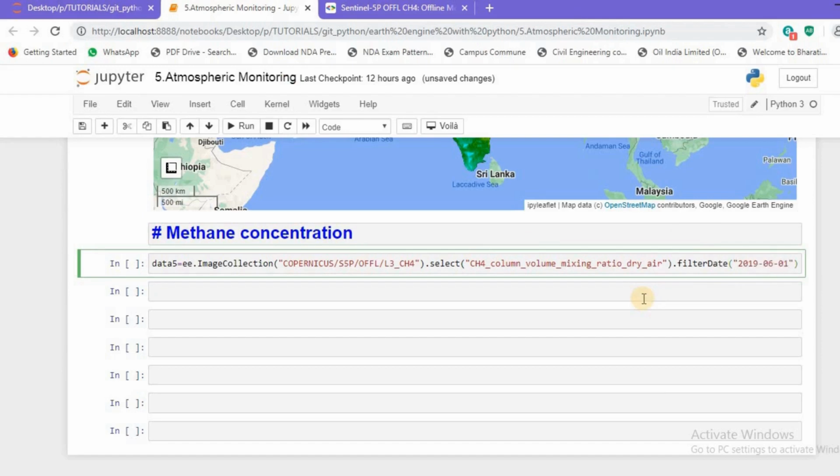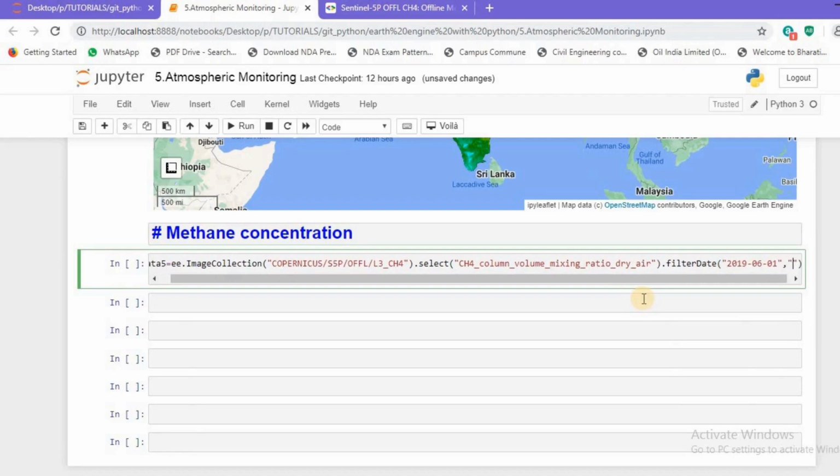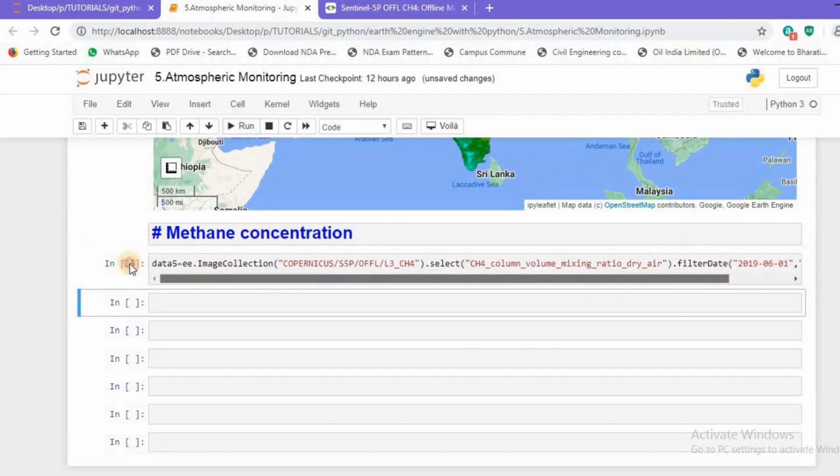It's a sample date, you can change it. Then I'll be using, let's say, 2019-07-15. That's 1.5 months, which is enough time. Terminate the line using a semicolon and hit the run button. That's it. Without any error, we have successfully imported the data, and we have already imported the shapefile.